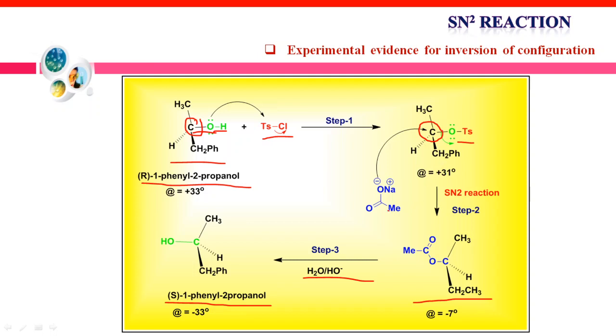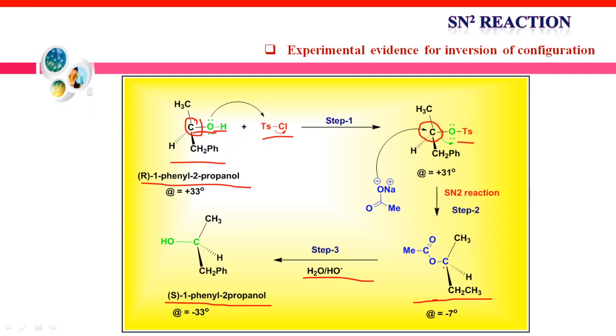In the second step, the nucleophilic attack of acetate occurs from the backside and the tosylate group is replaced to give acetate. The change in configuration of the chiral carbon occurs; the configuration of the chiral carbon is completely inverted. In the third step, the hydrolysis of acetate occurs to give the product which is the enantiomer of the reactant. In this third step, again there is no bond break at the chiral carbon. No bond attached to the chiral carbon is broken.